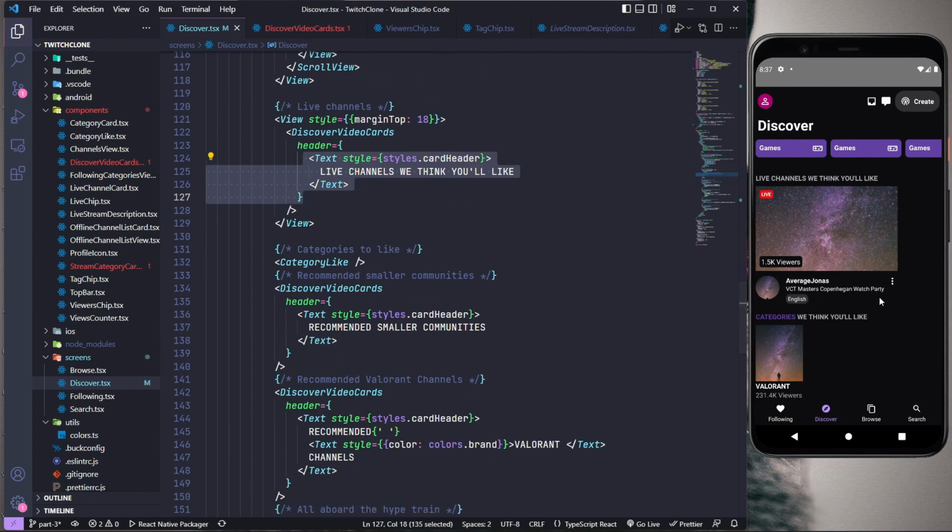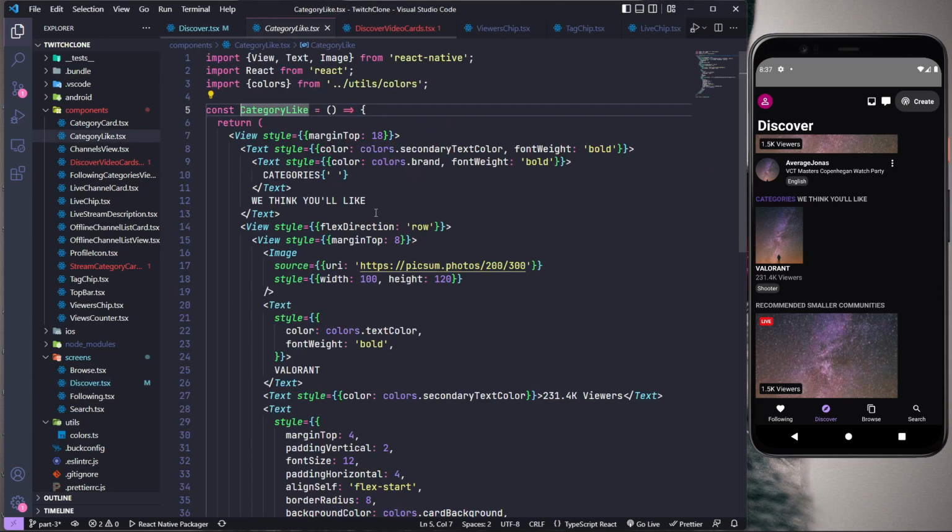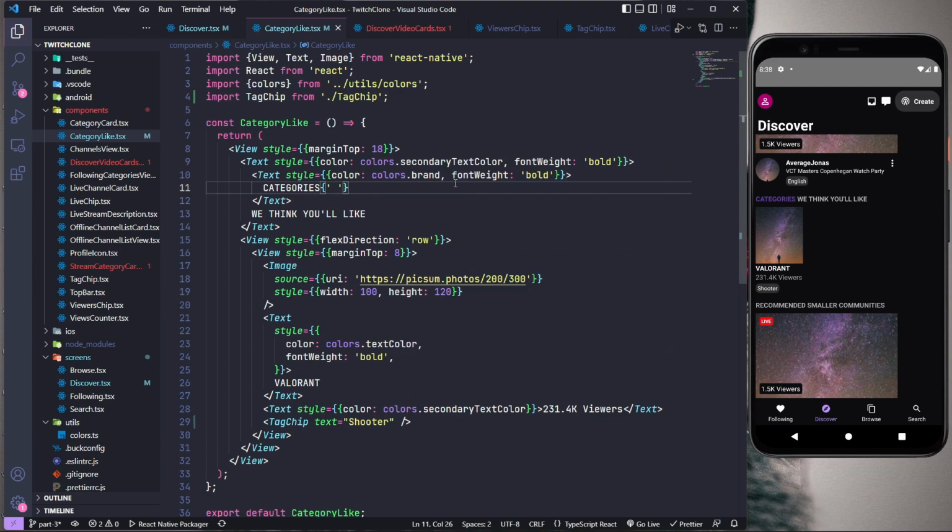And then there is a different section in between where we are suggesting, where the Twitch app suggests the categories the user might like. For this also, I've created a separate component, this card text sort of view, which is called category like. Yeah, so for this section also, you can see in this particular component, it is pretty simple. There is a header at the top which says categories you think you will like. I've again used a nested text component here for that, and then below that there will be a number of